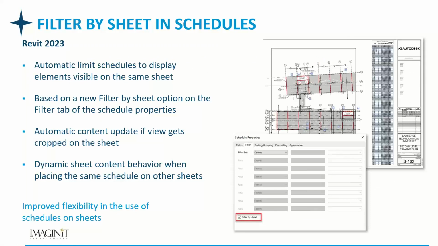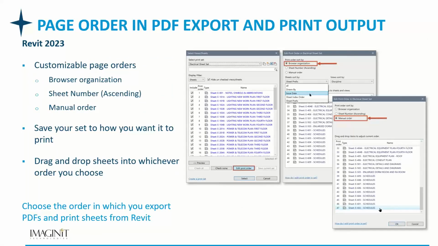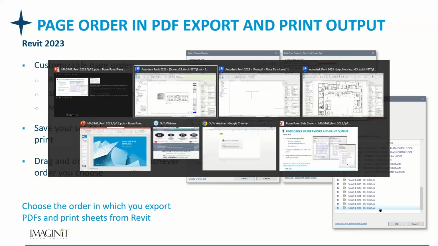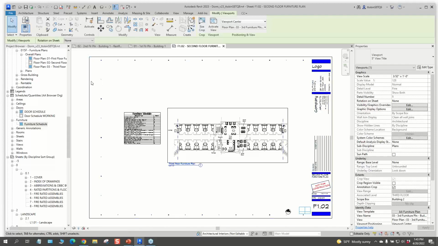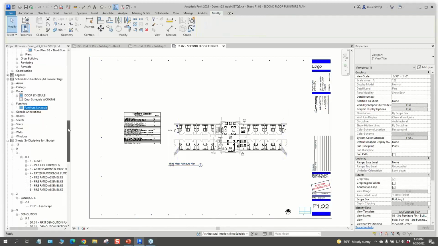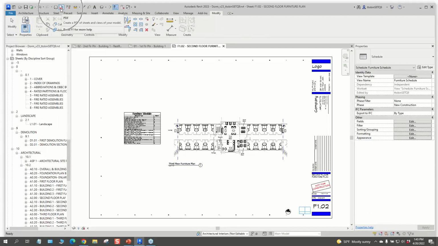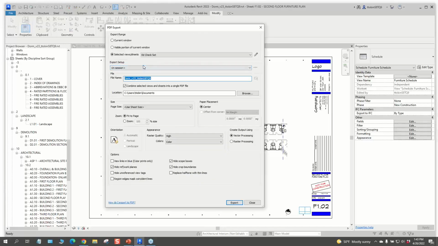So something that I was really happy to see that they've added in here. This was another big one for me working in industry, and this was exporting to PDF and reordering the PDFs before I created the PDF file and being able to save it. So just coming back into the same file here, if I were to come up in the quick access toolbar, and I'd have to double check, I believe this was put out as a point release, although I'm not entirely sure, but we have create PDF,